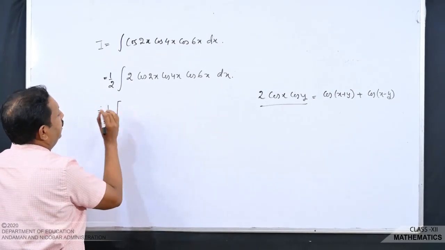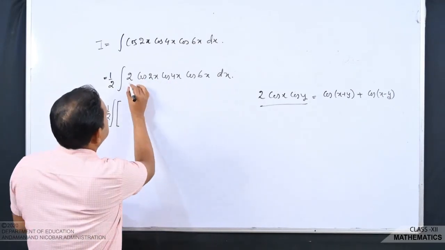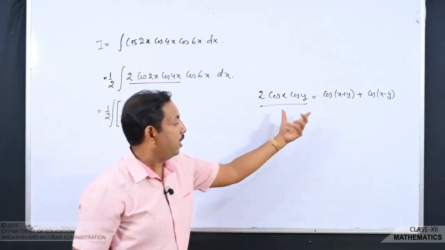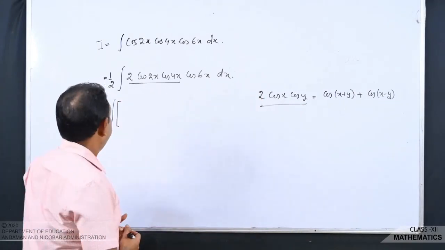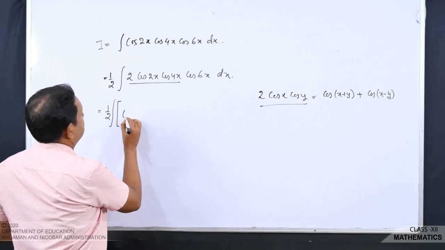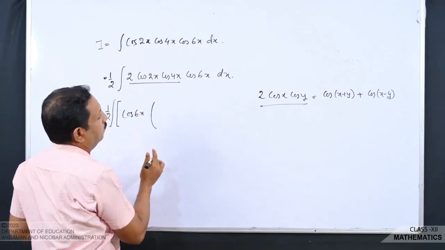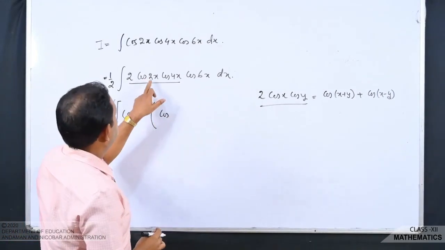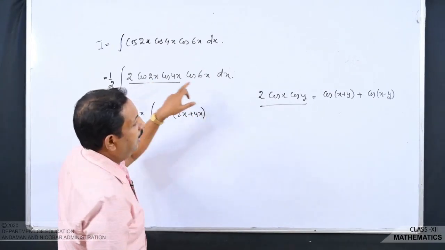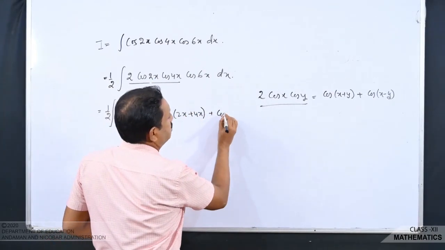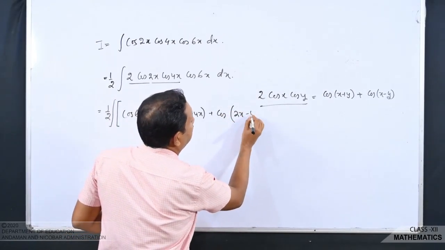Now this is integration over cos 2x and cos 4x. Over this part I use the formula cos(x+y) plus cos(x−y). So I keep 6 cos 6x as it is. Then over it I use the formula, that is cos(2x+4x), and then plus cos(2x−4x),